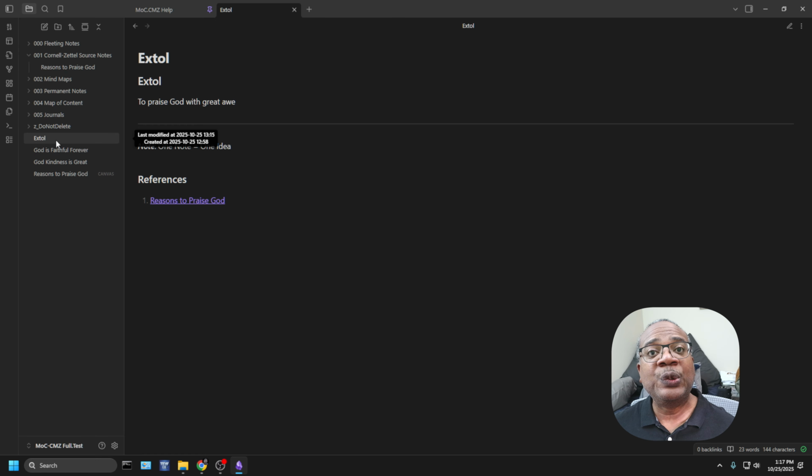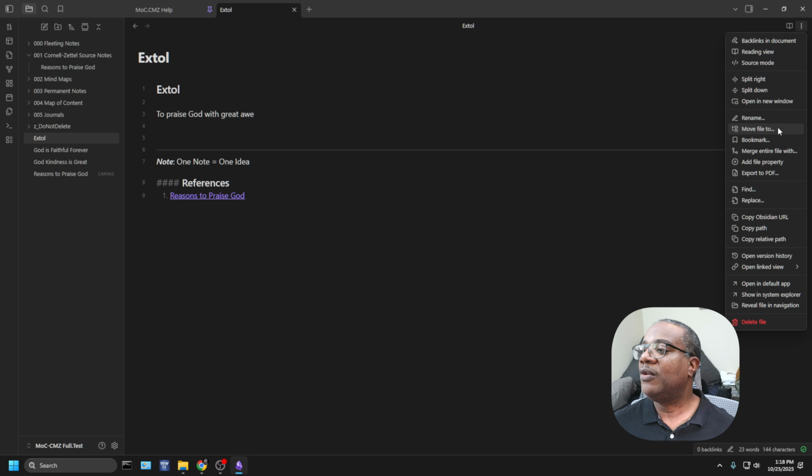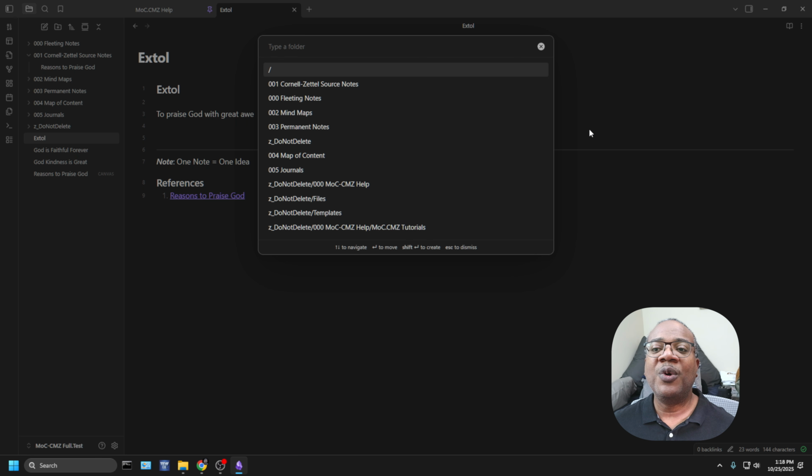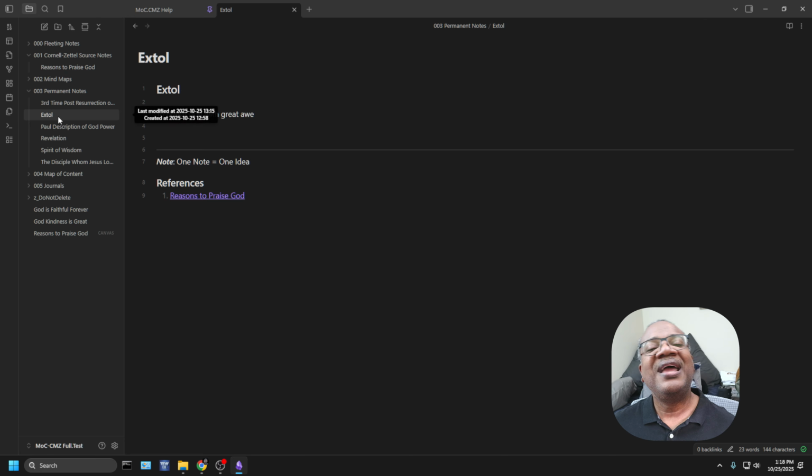Now what we want to do is take these permanent notes and put them in here. So I know this one is finished, and just like we did with the Cornell Zettel, we can right click and then go to move file to, and we want to make sure that it goes to the permanent notes. So when we click on it, we go to permanent notes. And if I remember right, I may already have some in here. And yes, I do. So right here is